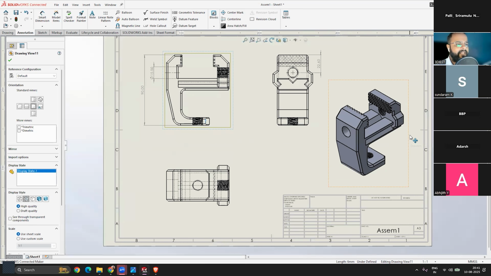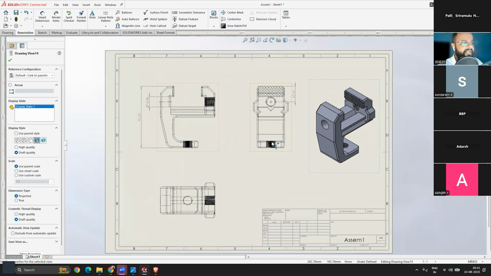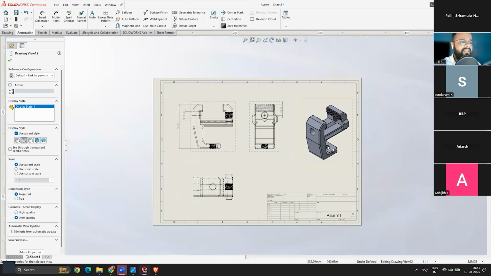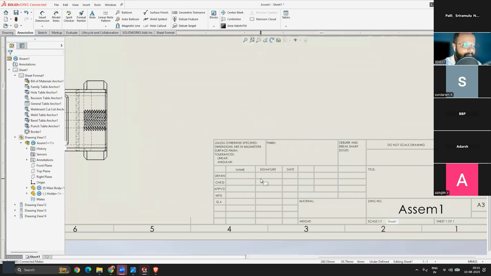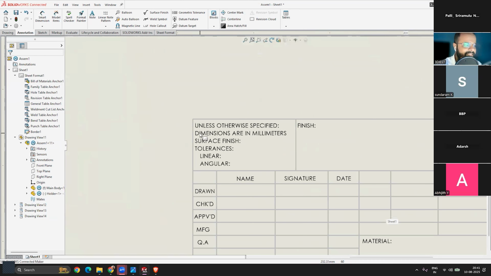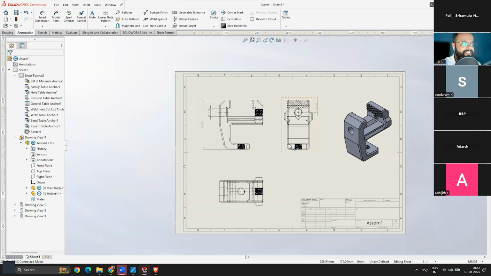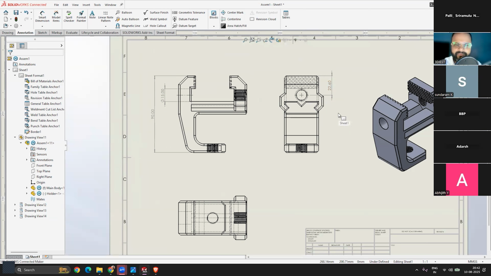But again, I'm repeating, once you share this drawing as a PDF, they will not be able to know in which system of units these values are added. To make that simple, this note is added over here, and it says dimensions are in millimeters. So whatever you are seeing in this drawing is in millimeters only, right? You don't have to worry about that, because when we started this drawing, we selected the drawing file format as ISO, right, for millimeters.